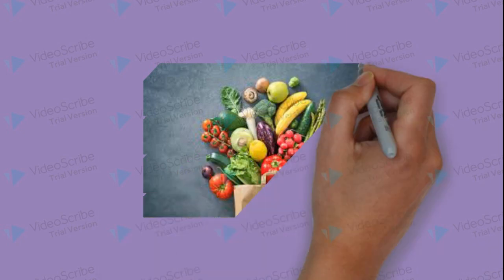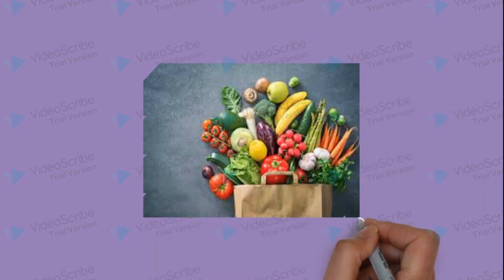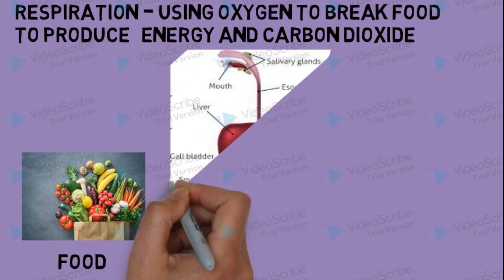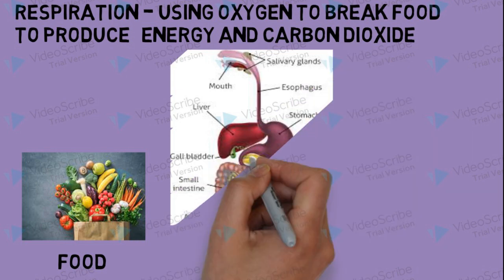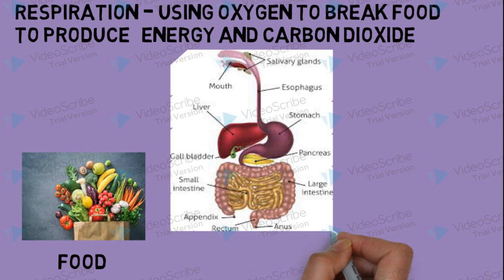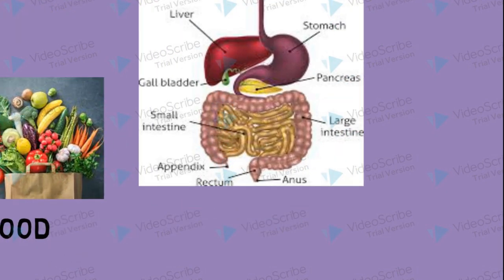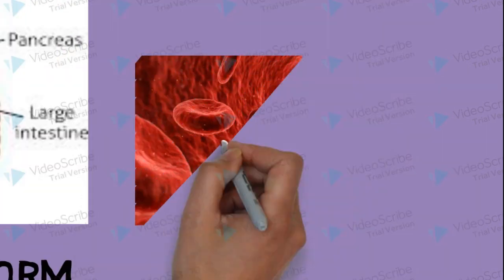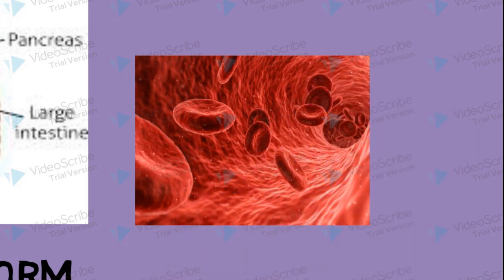it will go into the mouth, then to the esophagus, then to the stomach, and then intestine. You know, food is digested in our stomach and intestine. When it is digested inside our stomach and intestine, it will be absorbed in our blood after that. So digested food will be absorbed into the blood, and once the food enters into the blood, it will move to the whole body with the help of blood flow.